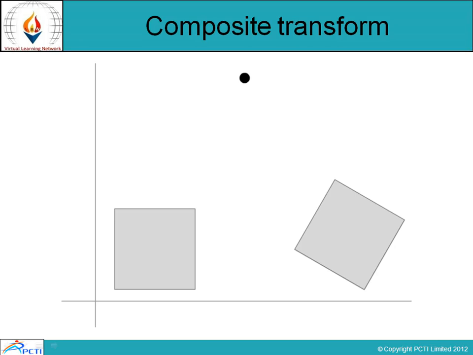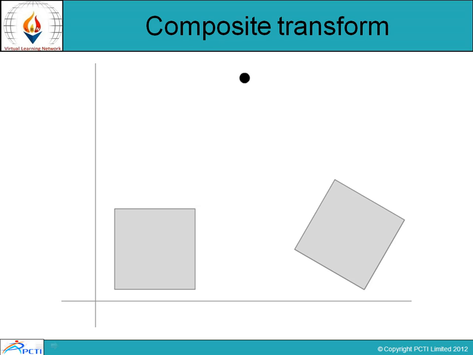So in this part of the session we are going to discuss composite transform. Actually, we are going to cover the programming part of the composite transform. In the previous part we have already discussed what composite transform is. ठीक है, तो कंपोजिट ट्रांसफॉर्म हम ऑलरेडी समझ चुके हैं कि इसके अंदर अगर दो तरीके की ट्रांसफॉर्म एक साथ होती हैं तो उसके लिए हम कंपोजिट ट्रांसफॉर्म यूज़ करते हैं.